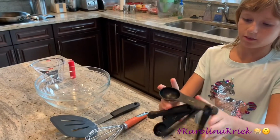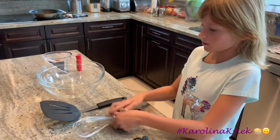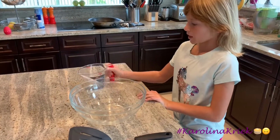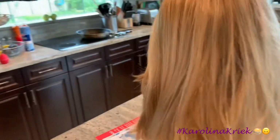tablespoons, spoons, and teaspoons, whisk, spatula, large mixing bowl, and measuring cup. So let's get started. So first it tells me to put